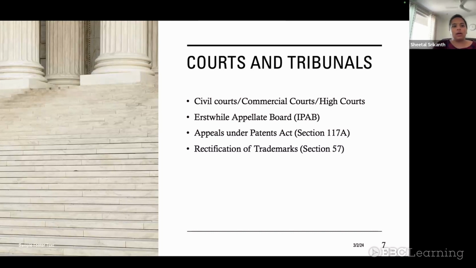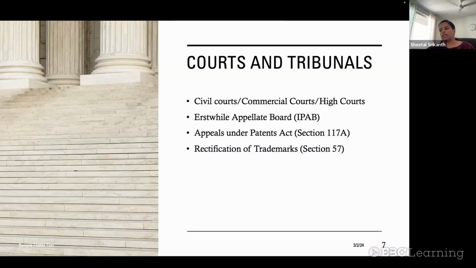So the first, most obvious forum is civil courts, commercial courts, and high courts. So basically, the civil courts, commercial courts, and high courts have jurisdiction to deal with intellectual property disputes, and disputes generally pertain to infringement, invalidity, and groundless threat. Other than this, there are other disputes that arise under the Act,